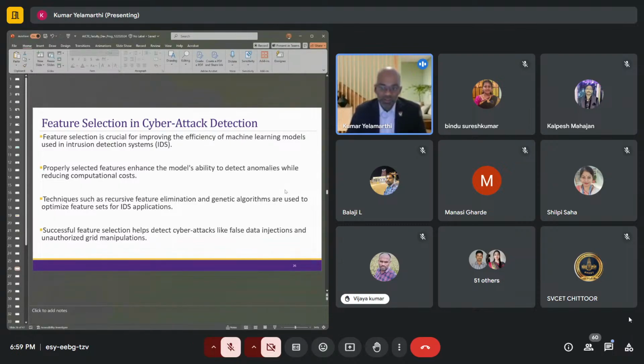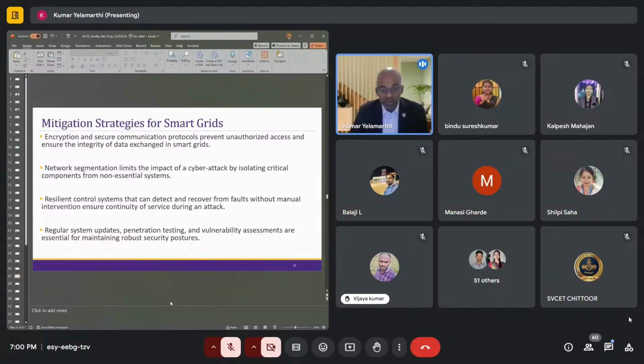And you have got to ensure the right features are selected in order to detect intrusions, right? And you also have to come up with ways to detect the attack, stop the attack, and recover from the attack very quickly. Okay, so if you select the right features correctly, you can quickly identify the false data injections and grid manipulations and prevent them. But if you do not do so, that is going to be a problem.